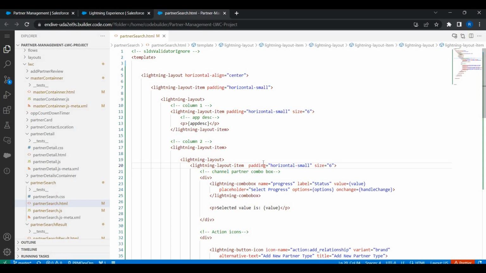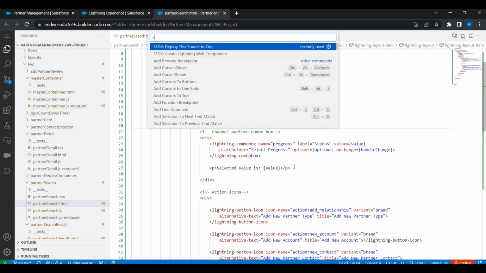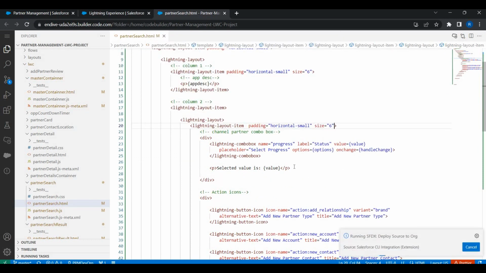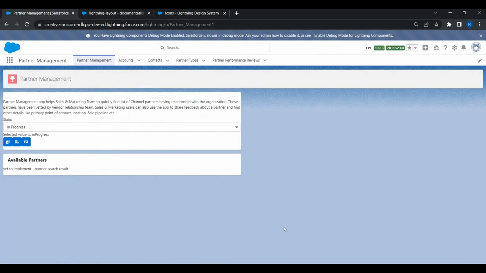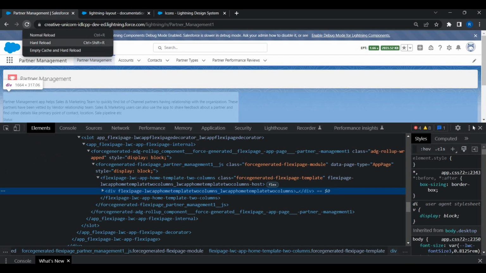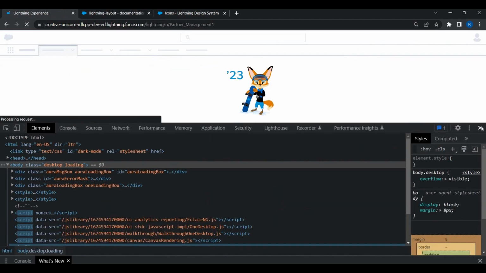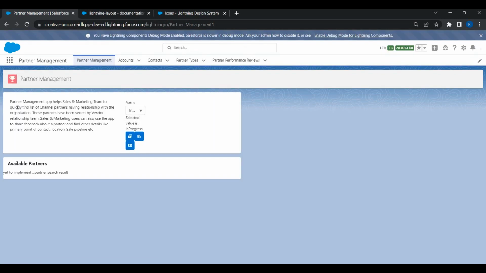And right. So let's first try to deploy this and then see how the look and feel is, then further fine tune. Okay, let's deploy this to org, and let's go back to the org and right click, inspect. Let me just hard reload so that it will clear my cache and then bring the latest changes. Now this is perfect, right? Right here. I can just see there is a spacing from the margin, and I can just see the